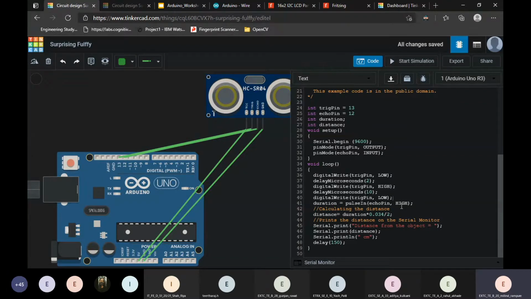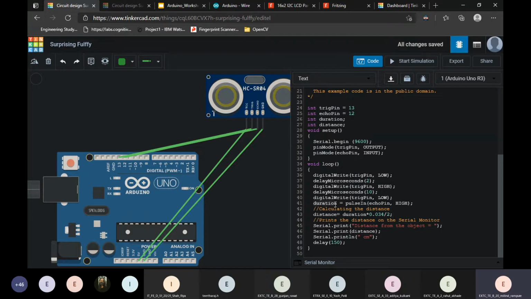The echo pin is high during this time, and this duration will become low when the echo pin receives the ultrasound. Thus we can calculate the distance here.